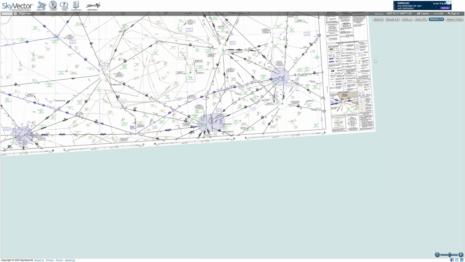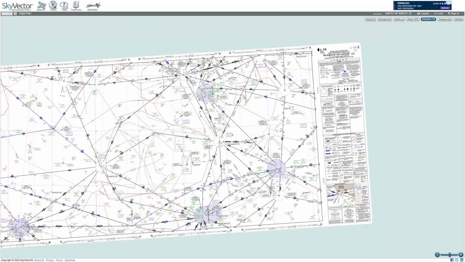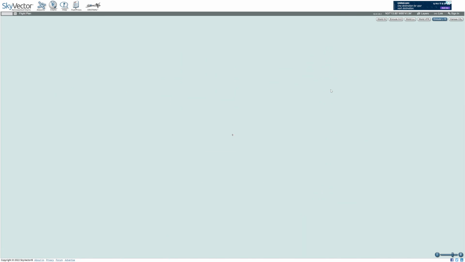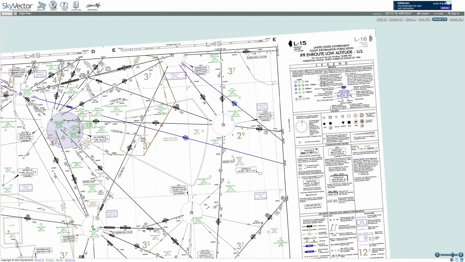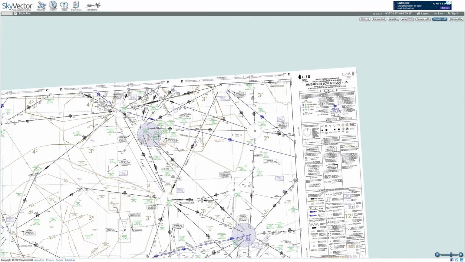You also have the low charts available here. And you can see each chart has two sides to it. L15 is to the left here, L16 is to the right, and each chart has different information. In real life, you have L15 on the front side of this piece of paper and L16 on the back side. One side of the chart is going to have the legend, so if you want to go and look at the legend and reference anything in there, you want to pick the chart that's typically on the left,